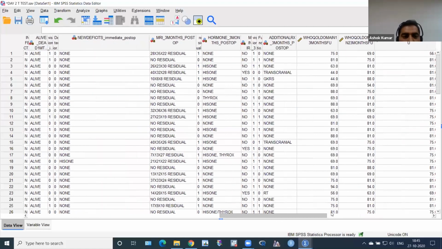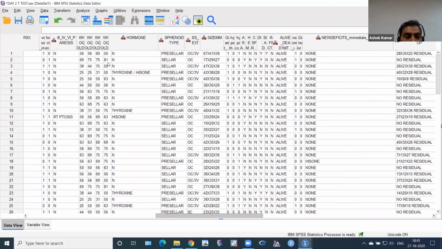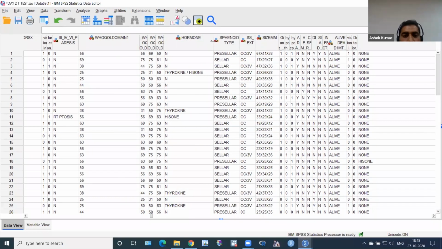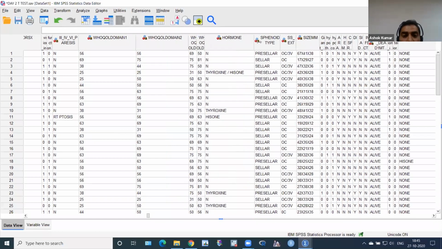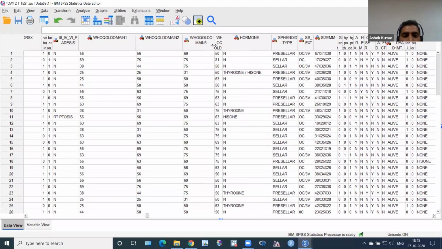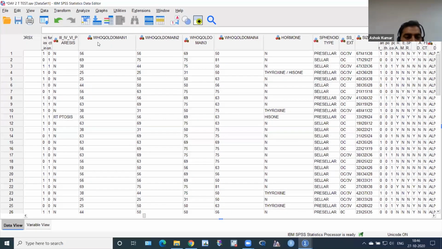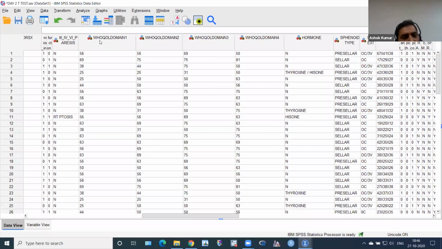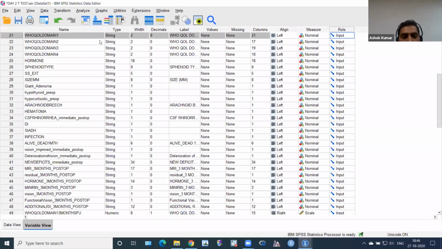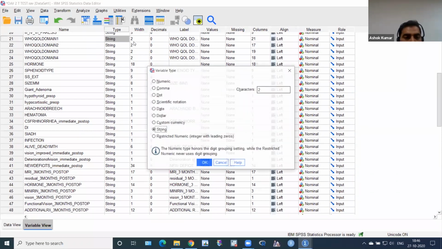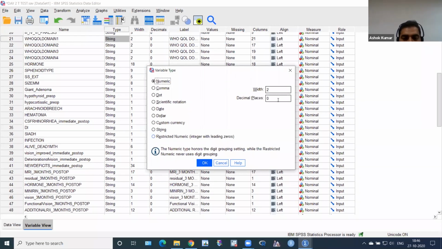Ratio. And where is the baseline? This is the baseline. I forgot to give the name baseline, but I remember this. So I can give baseline also. So there is also a problem. I have to just click on this. I have to set string, numerical, and I do okay.